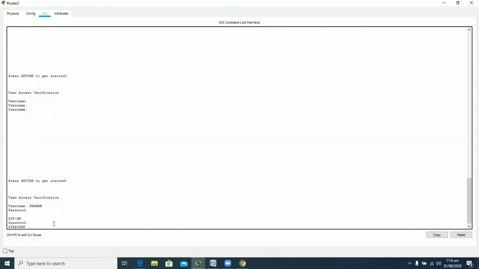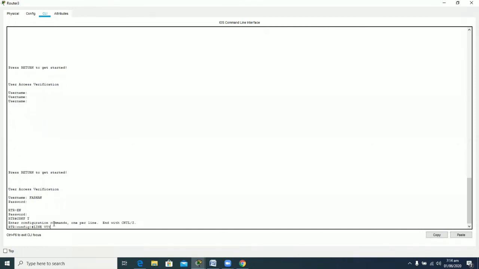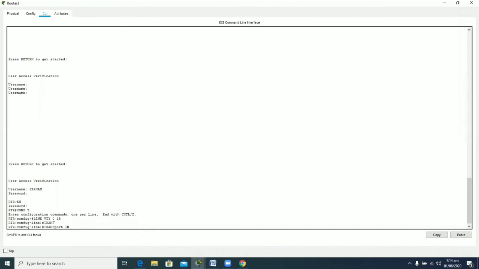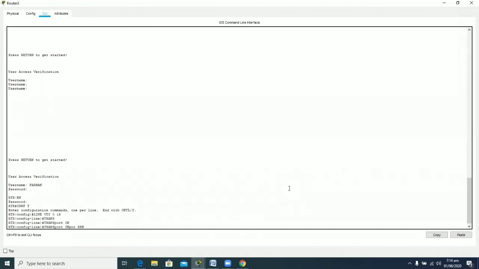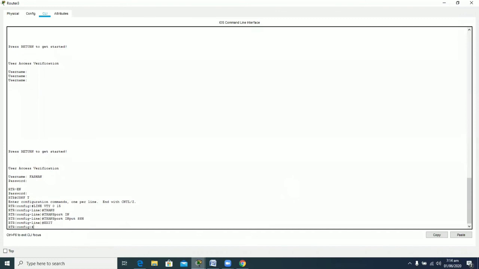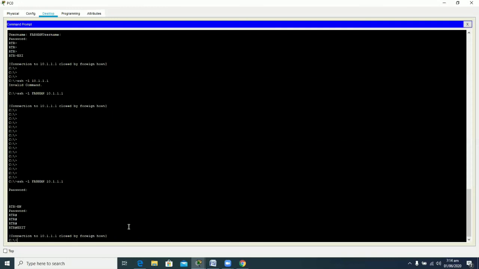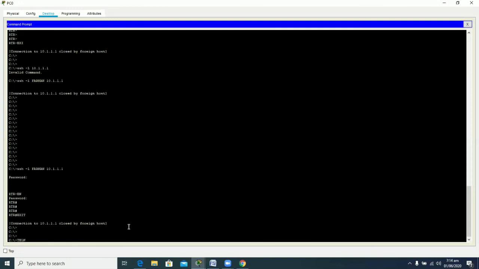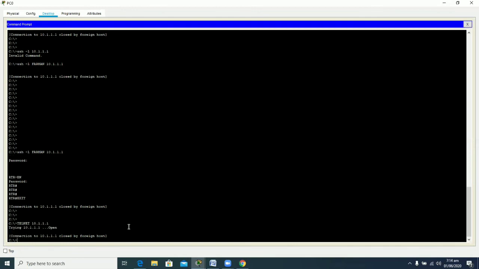Now configure terminal, moving into line VTY 0 till 15, and here the transport input is set to SSH only. Now if I want to telnet into my router, that will not work. So let us cross check it. Telnet 10.1.1.1, and here the telnet connection is refused. Why so? Because the transport input was set to only the SSH protocol.